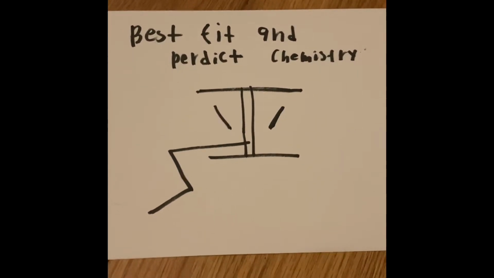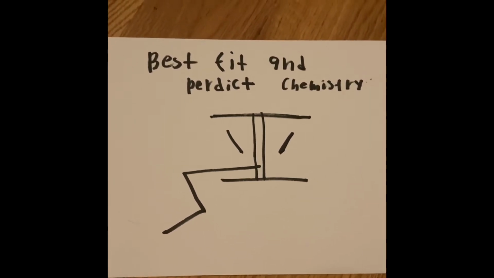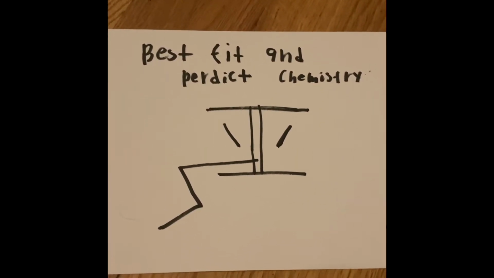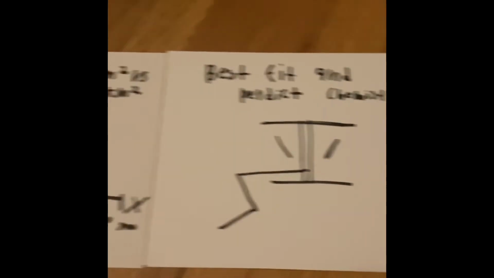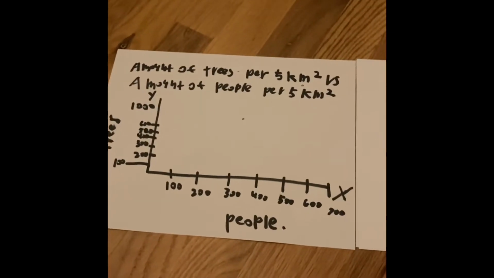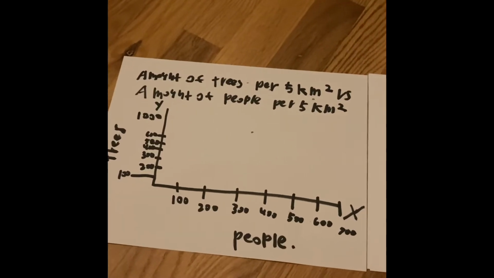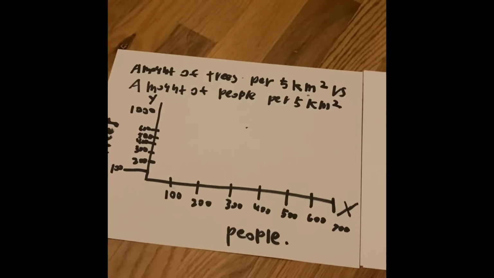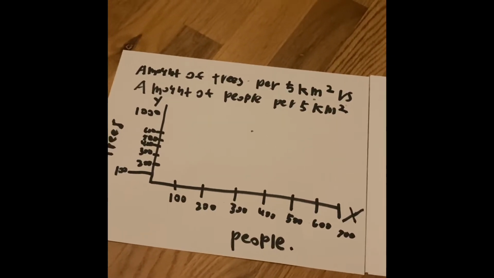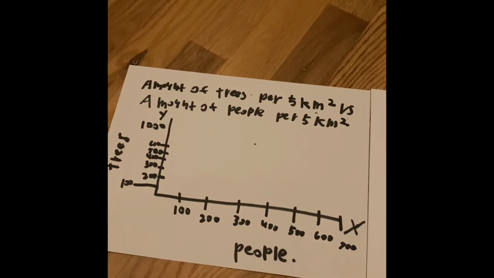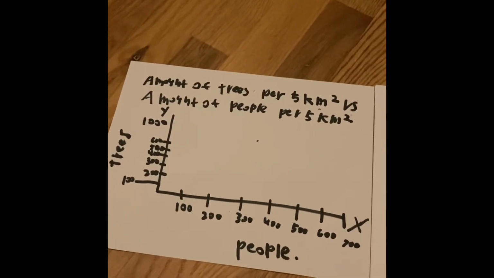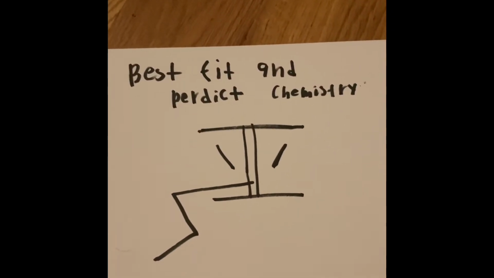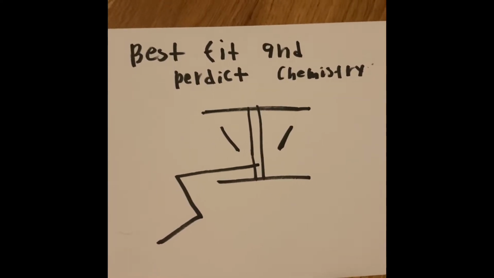So, in the past, if you ever took algebra or watched one of our algebra videos, you probably saw a graph that looked like this, and you had to find what the points are and what the trend line is. Sometimes you have to estimate and guess what the trend line is and how accurate it is. But this video is going to be the mathematics for chemistry, because when you're doing your science experiment,